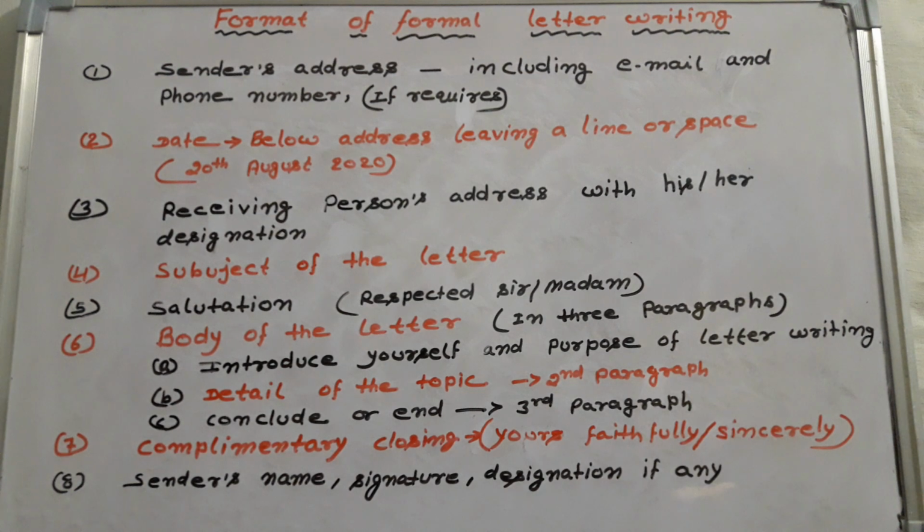एंड द एट पॉइंट, दैट इज द लास्ट पॉइंट, यू विल हैव टू राइट द नेम ऑफ द सेंडर and his or her signature, and if he is posing any designation, you will have to mention the designation too, and if there is no designation, you will not mention the designation। तो आठवां पॉइंट जो सबसे लास्ट है, उसमें आप अपना नाम नहीं, जो क्वेश्चन पेपर में दिया गया नाम है उसको मेंशन करते हैं, सिग्नेचर करते हैं। और आपको कोई पोस्ट दिया गया हो कि आप इस पोस्ट पर हैं और उस पोस्ट पर रह करके आपको ये पत्र लिखना है, तो उस डेजिग्नेशन को सबसे नीचे नाम सिग्नेचर के बाद पुट कर देते हैं।